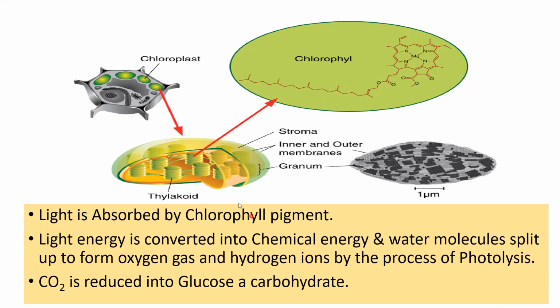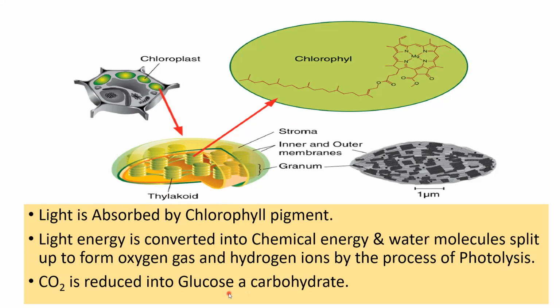This step takes place in this part, which is called grana, and this is called the light reaction. And the next step takes place in this part, which is known as stroma, as you can see here in the diagram. And this is called the dark reaction, in which carbon dioxide is converted into glucose